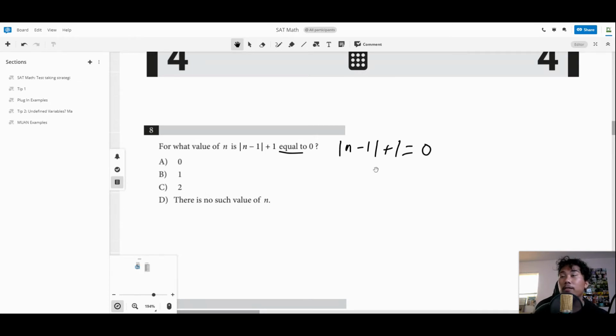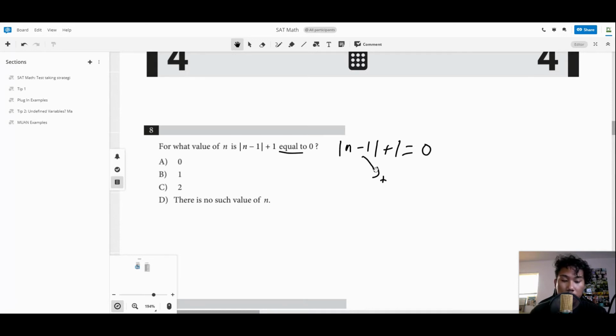However, given the nature of the absolute value, if we ask ourselves what happens to any number that goes inside of the absolute value, any number that goes inside of the absolute value comes out a positive number. So if I have a positive number coming out of this, and I'm adding another positive number, I'm adding 1 to it,